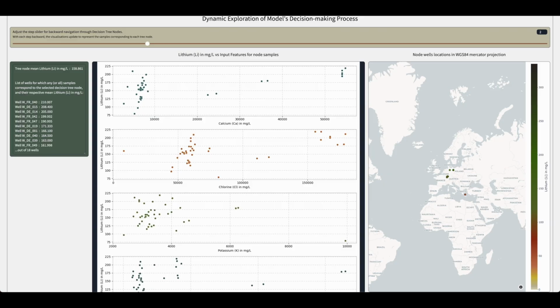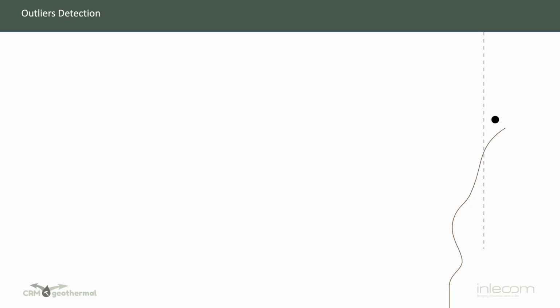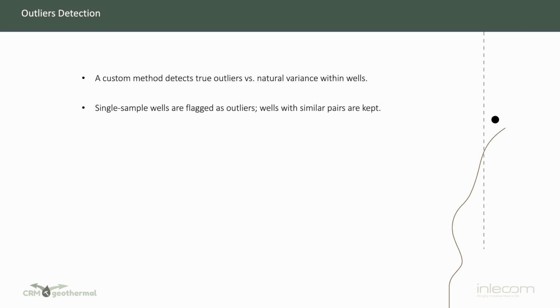Additionally, a bespoke methodology tailored for outlier detection was crafted, ensuring a novel approach to discerning between genuine outliers and instances of inherent variance for each well. If only one sample stands out, it is flagged as an outlier. If there was at least one matching pair within the well, it was left in the dataset and considered as indicative of high variance within the well, possibly due to different measurements at different timestamps. Consequently, the test samples in the CRM dataset have been processed to ensure the absence of outliers.